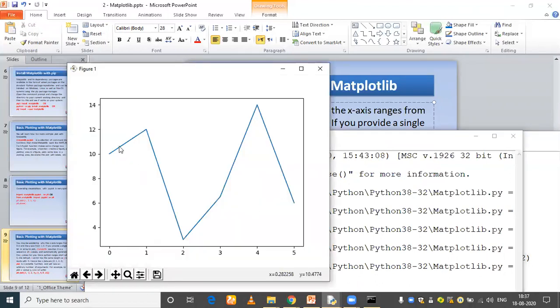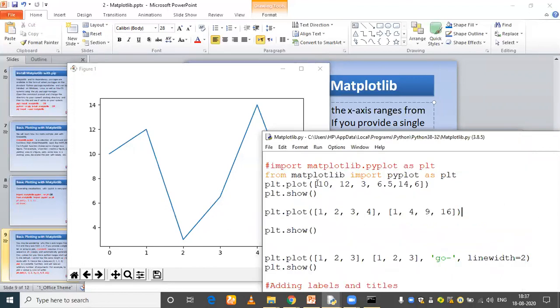Yeah, can you see this one? This is nothing but the first element, or the first index position. Sorry, the 0 index position. This one is the first element, or 0 index position. This is the first index position, the second, third, fourth, and this one is the fifth index position. Or else you can say first element, second element, third, fourth, fifth, and sixth element of the list that we are passing inside the plot function.